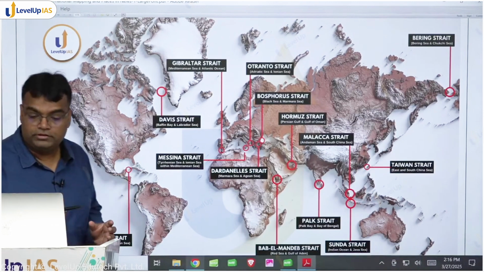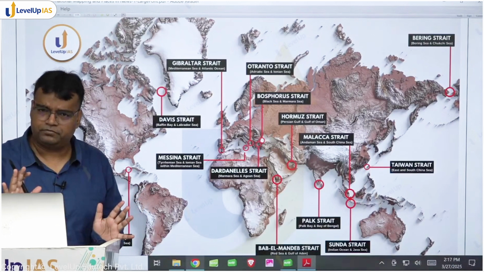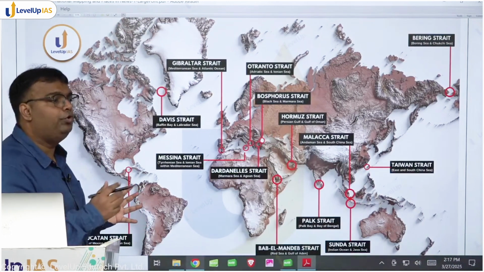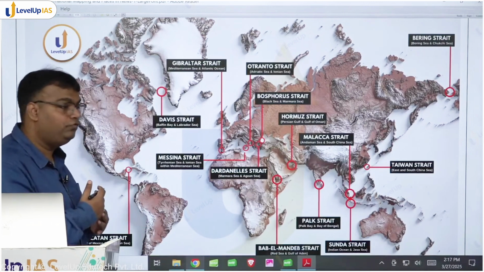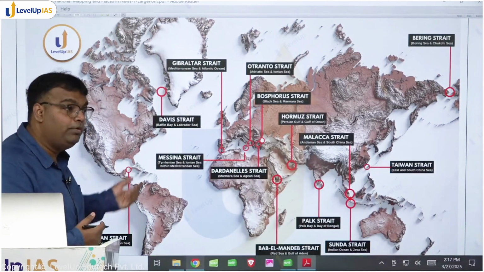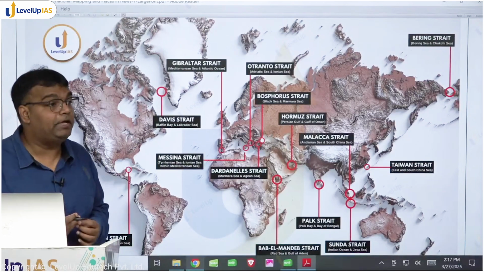Right now, again, some of us may be feeling a bit overwhelmed by looking at these many names. Don't worry, no issue. We will be going into Gulf of Mexico in a lot of detail. We'll be going into Caribbean Sea in a lot of detail. Right now, nearby there is Cuba. Cuba was in news a lot. Recently China may have opened a spy base there.